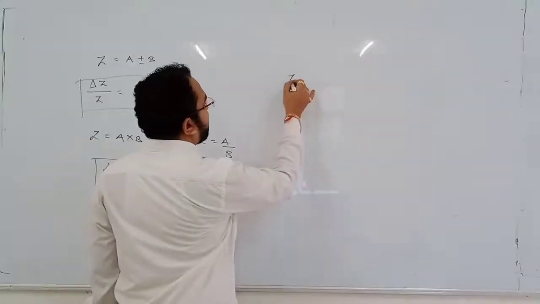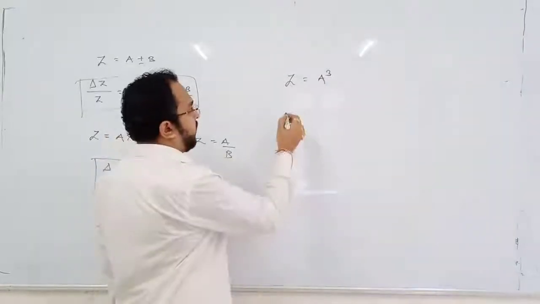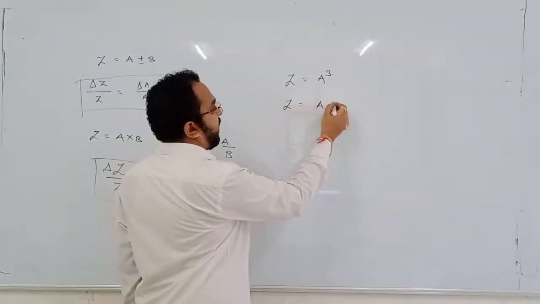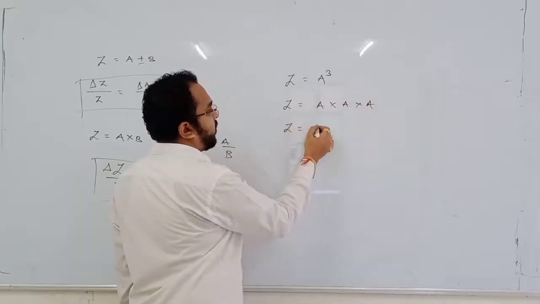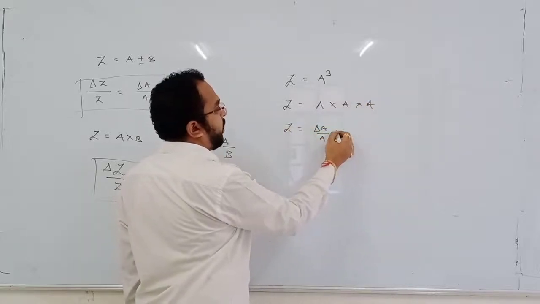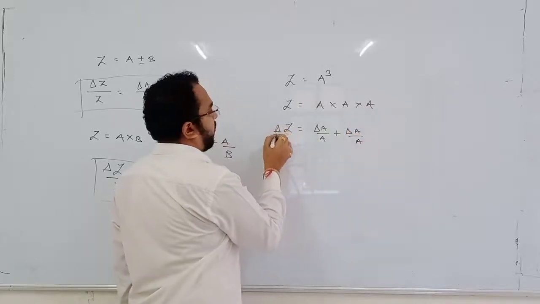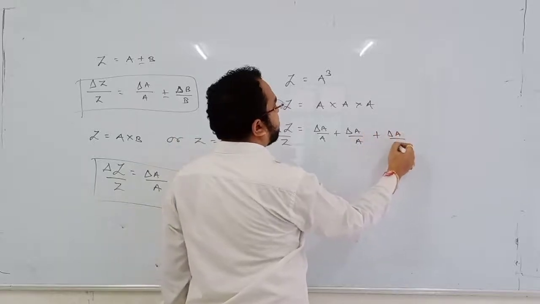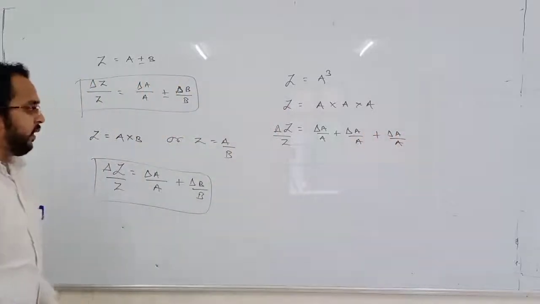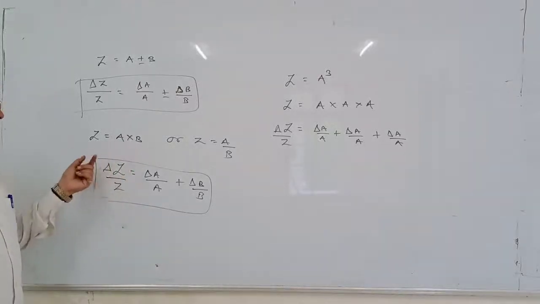Suppose like this it is given z is equal to a cube. So what will happen? See, z is equal to, we can write a into a into a. So we can write delta z upon z is equal to delta a upon a plus delta a upon a plus delta a upon a. बराबर? As per this, if z is equal to a into b, that means error in z is